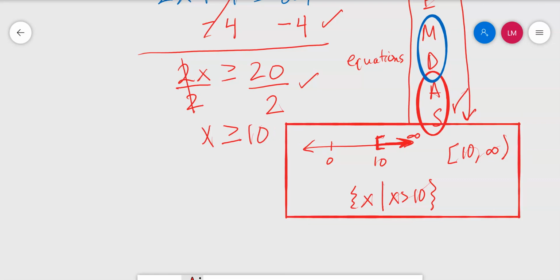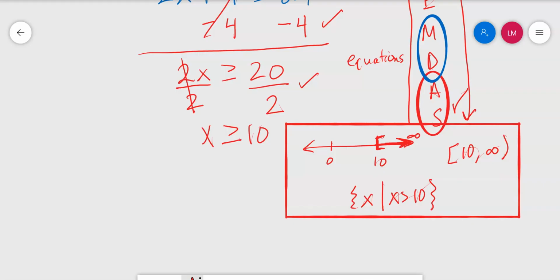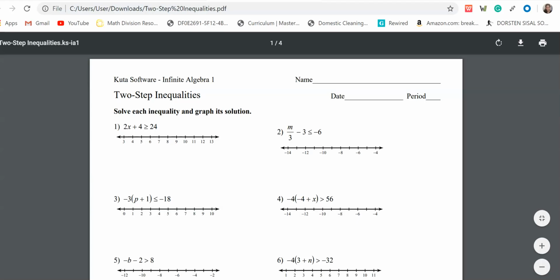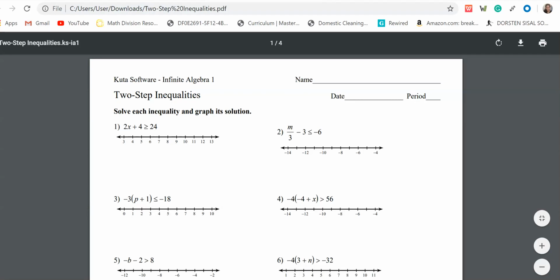Okay, all right, now let's go to another problem. Let's go to number 2, and then we'll do 3 and 4 because I think those are good problems. So let's go to number 2. I think it was m divided by 3, yeah, minus 3, less than or equal to